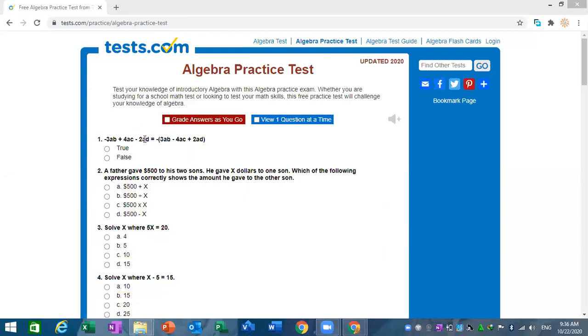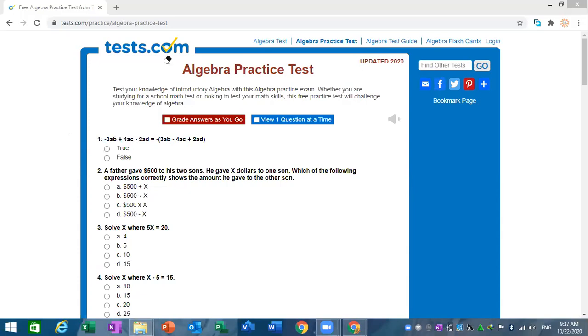Most of the ideas. So you have negative 3ab plus 4ac minus 2ad. He put a negative and then he put parentheses. What does this mean, grade 9? If you have a negative outside, this means that you divided each term by negative 1. So negative 3 divided by negative 1, the answer will be positive 3ab. 4 divided by negative 1 will be negative 4ac. Negative 2 divided by negative 1, the answer will be positive